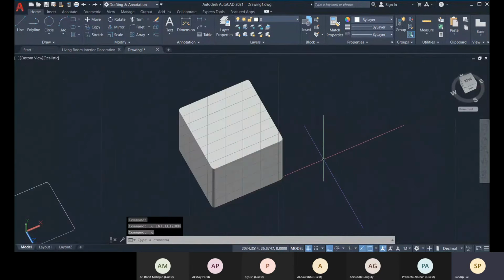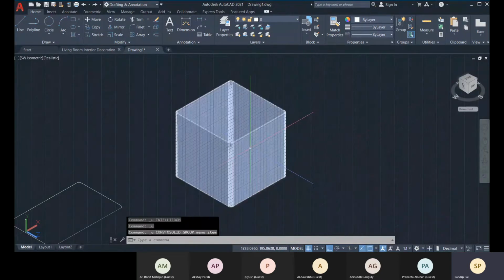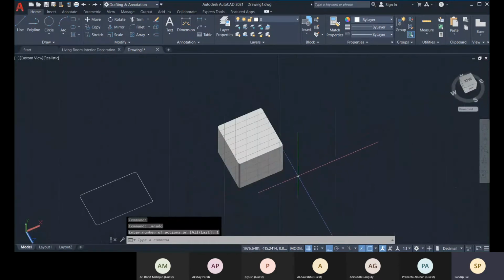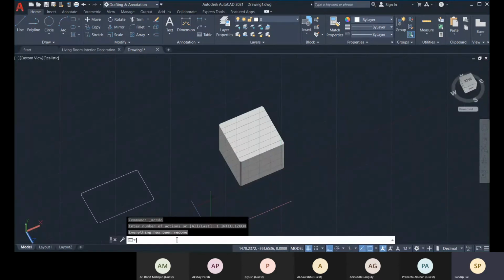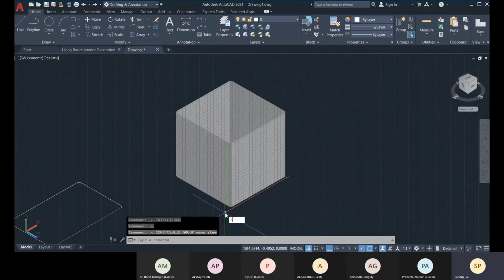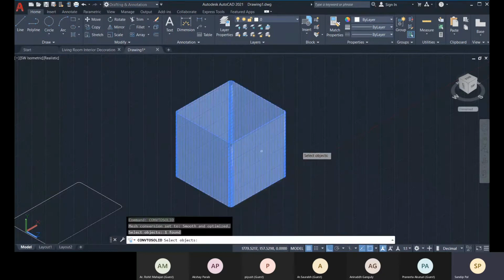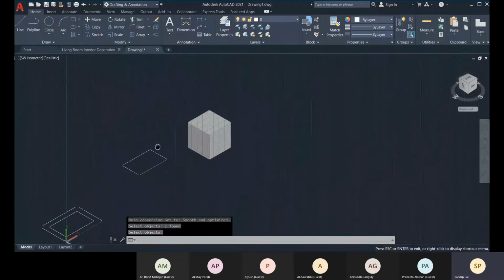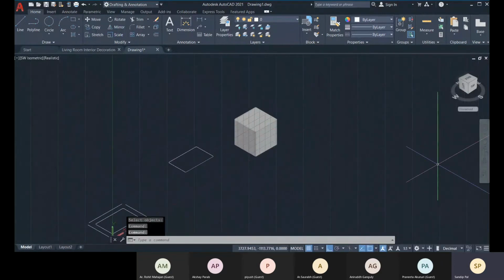If I undo it and check it, this is a polyline. Okay, and the command is convert to solid. Simply convtosolid, select it and press enter, and that will be converted to solid.